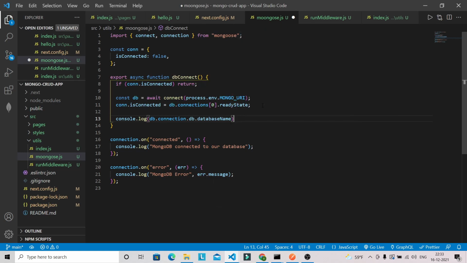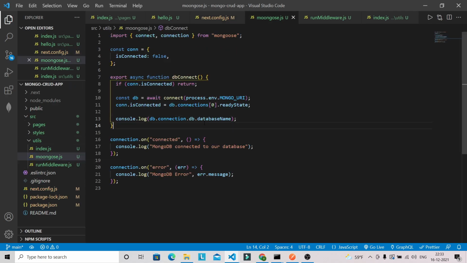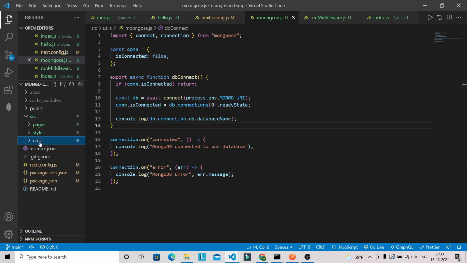Okay, so our database name you can check here. So our database name is task crud app. So this is our database name, and we can verify this one like this way.